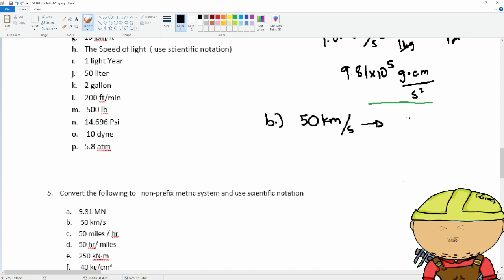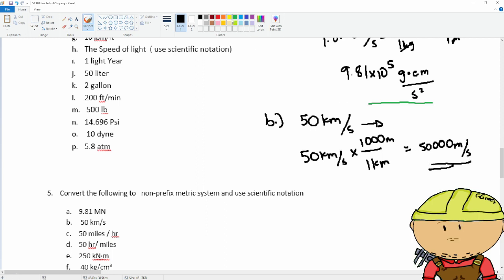There's no gram, no unit of mass, so we're just gonna convert kilometer into meter. 50 kilometers per second times 1,000 meter per 1 kilometer, 50,000 meter per second is your MKS. For CGS, 50,000 meter per second multiplied by 100 centimeter per 1 meter. This will become 50 times 10 to the 5th centimeter per second,